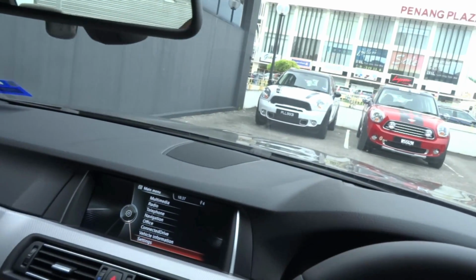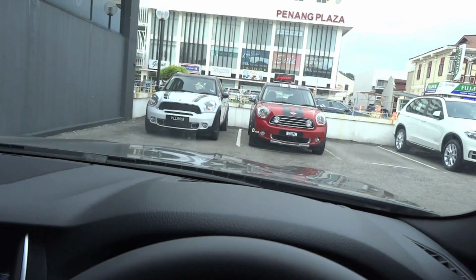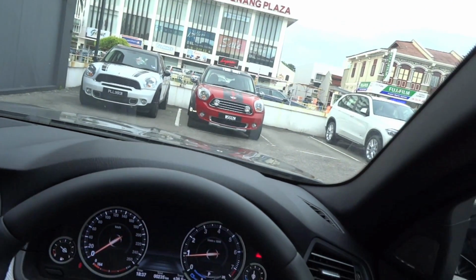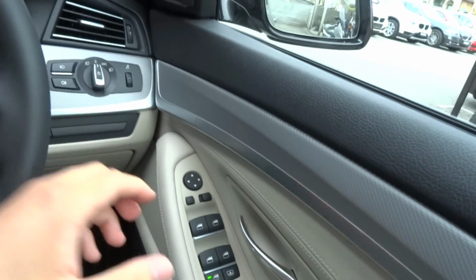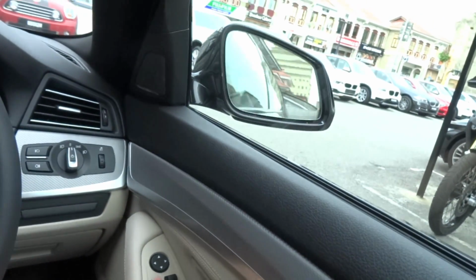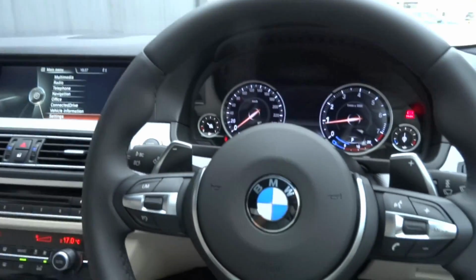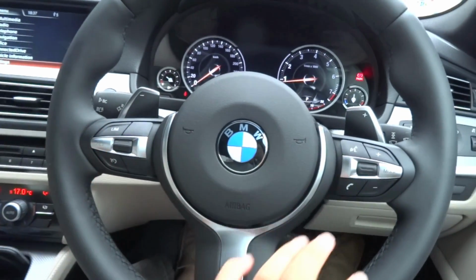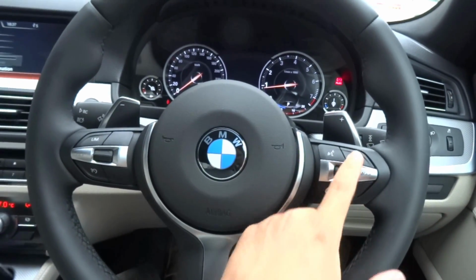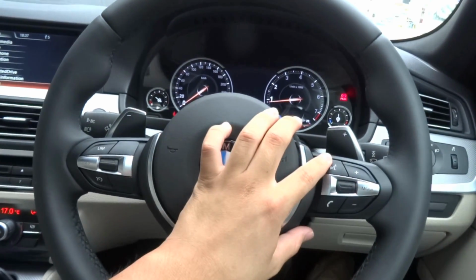Central speaker, your heads-up display, power folding mirrors as shown earlier, and on the steering wheel, the left spoke houses your cruise control, the right spoke houses your audio controls with your volume, selecting your different modes, selecting your different tracks or radio stations, your voice control,